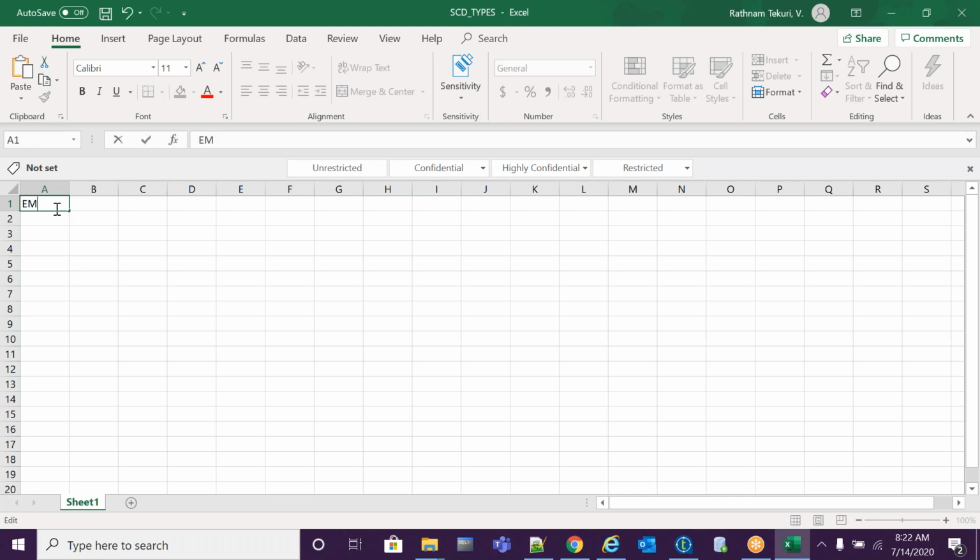I have employee number, employee name, job, salary, and DEPT number.